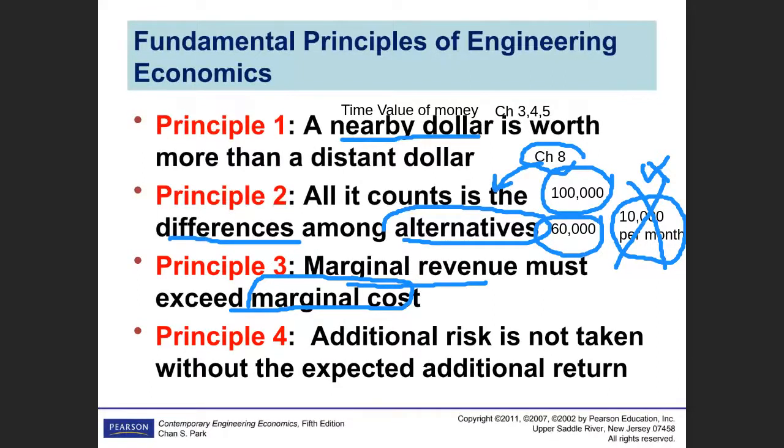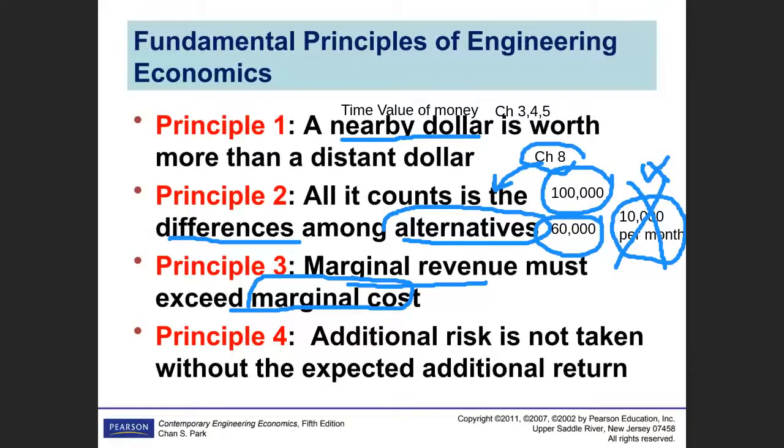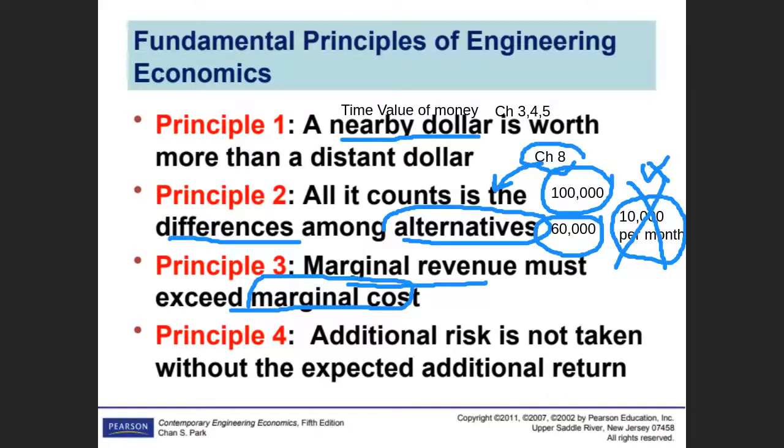This one you will see in chapter number 8, again in more detail, right? So this is also a decision you have to make as an engineer. So marginal revenue means the additional benefit should be more than the additional cost. Okay, maybe you accept an order from a customer for 100,000 units, but as a result the cost is more, because you have to buy new machinery, you have to hire new employees, and the cost exceeded the sales. So that's why this is another principle.